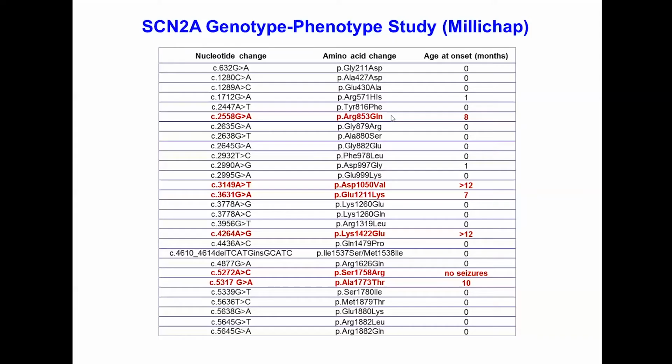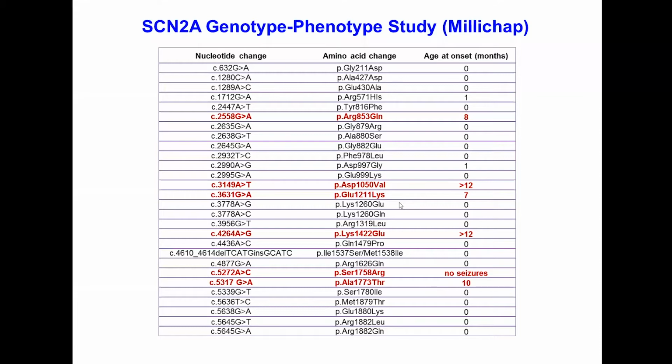So what I'm going to show you today is just a snippet of some of the work we're doing. The first batch of SCN2A variants that I'm going to show you came from a genotype-phenotype study conducted by John Millichap in partnership with your foundation. And here is a list of the variants that he has collected extensive clinical information on, including their general neurological